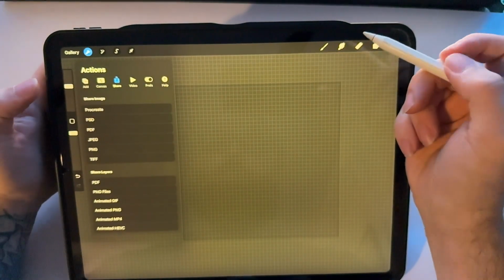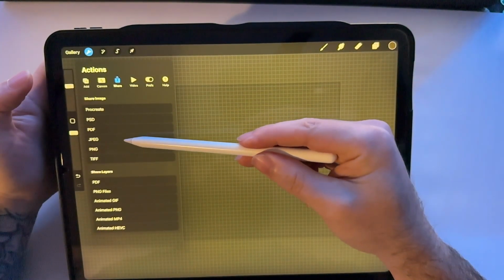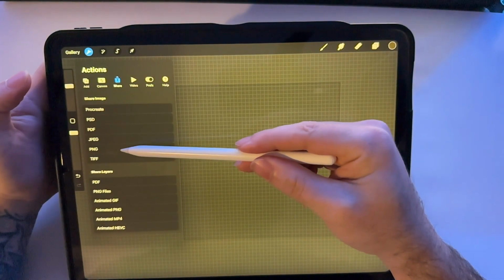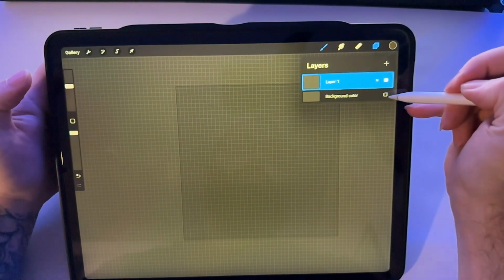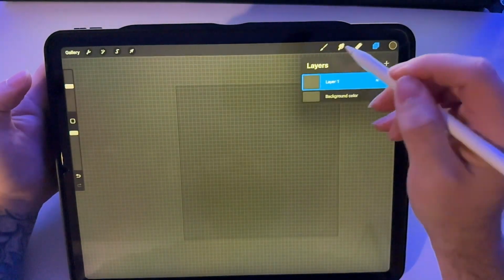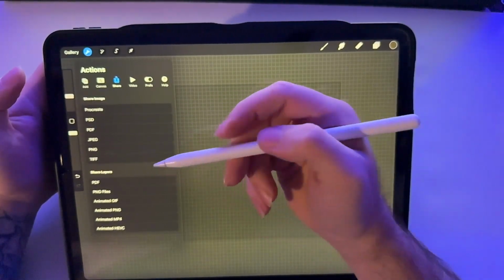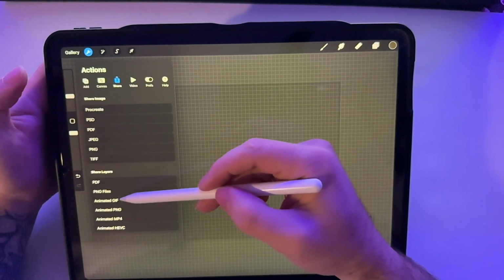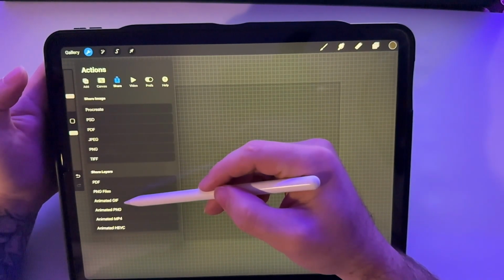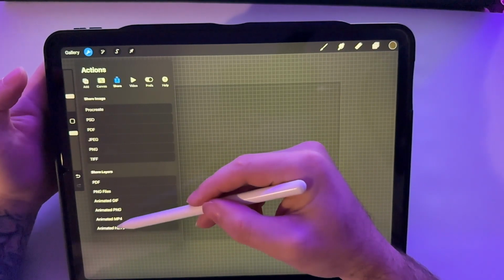So the sharing options, you can share as a Procreate file, a PSD file, a PDF, a JPEG, a PNG. If you share PNG, you want to make sure you don't have a background turned on. So you just turn that off. And you know, that's a transparent background. A TIFF file. And if you want to share it with layers, PDF, PNG, animated GIF, animated PNG, animated MP4,